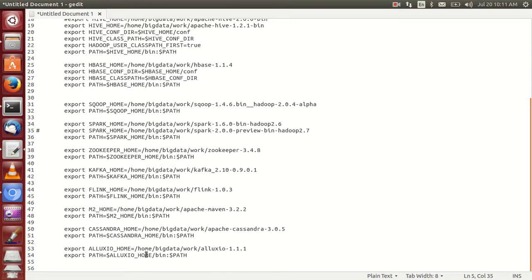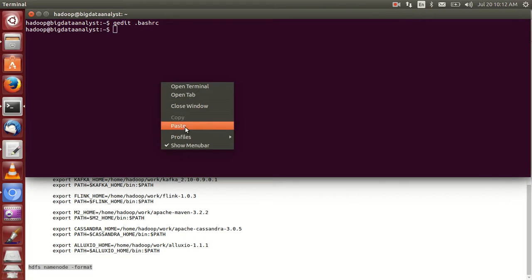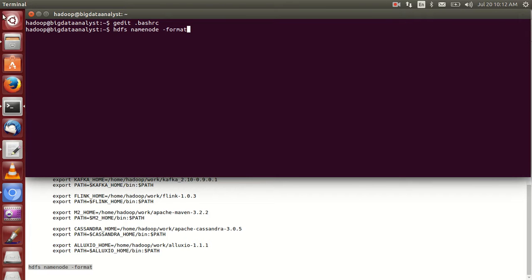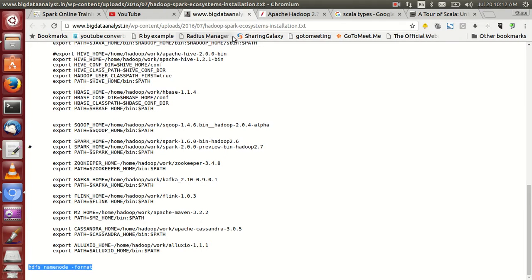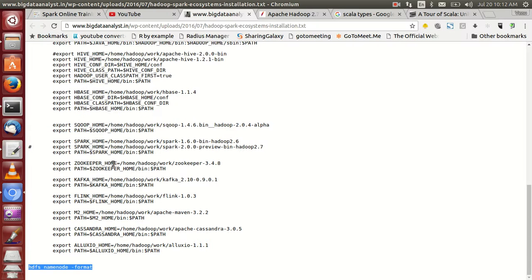85% everything is completed. And finally you have to run this command, namenode format. Enter. That's it. If you enter that, 85% of Hadoop is installed in your local system. Then how to check whether Hadoop is installed or not? Please note, this is everything. One second.